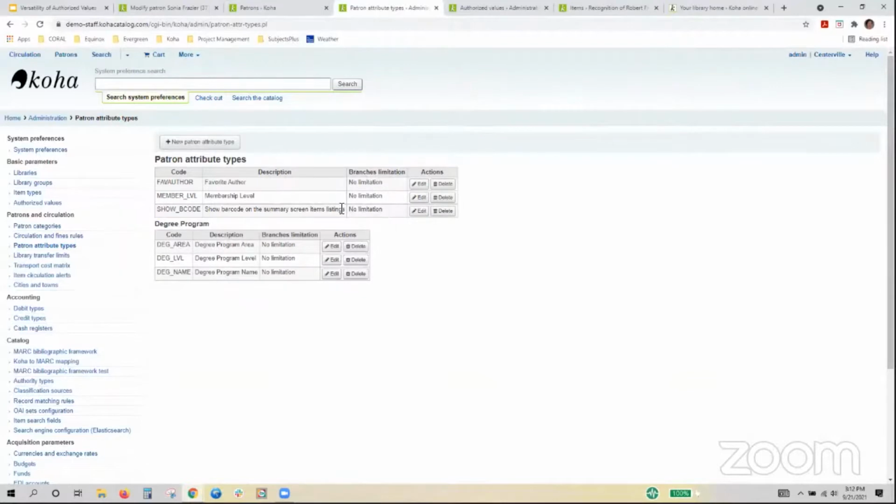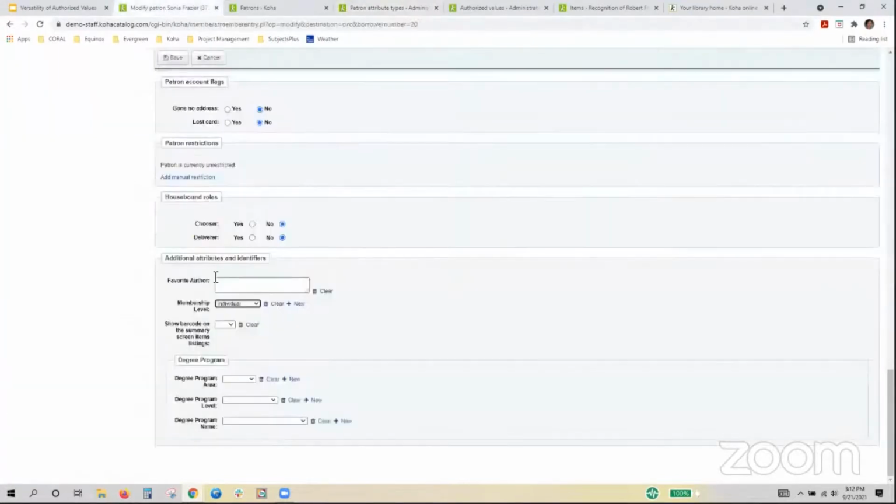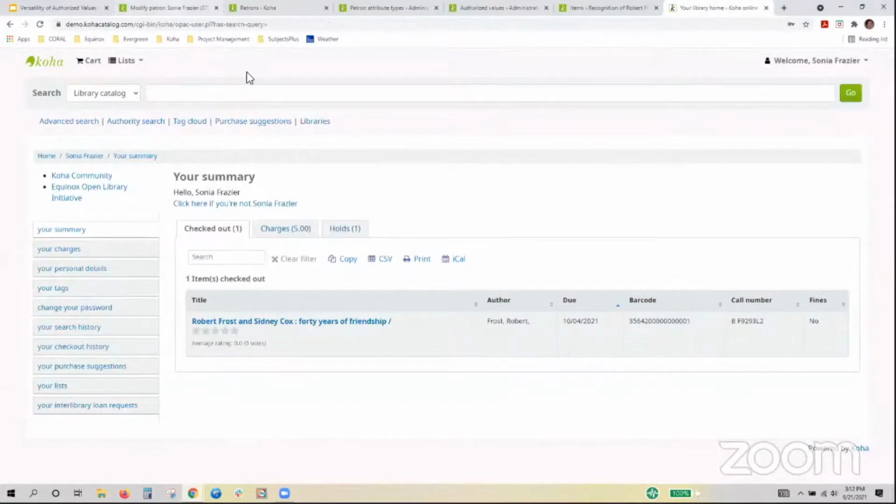Again, I don't know what the pros and cons are if you were to delete that, but what it does is by default, if you leave this value blank, you're basically saying yes. So we're going to go into this patron's account. I've already logged her in, and with that show barcode either set to yes or left blank, it keeps the barcode column exposed to your patron when they're looking at their items checked out